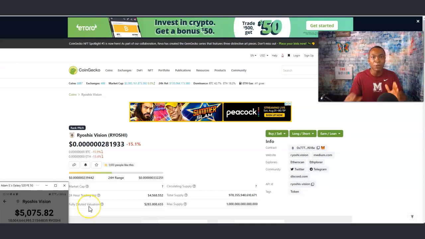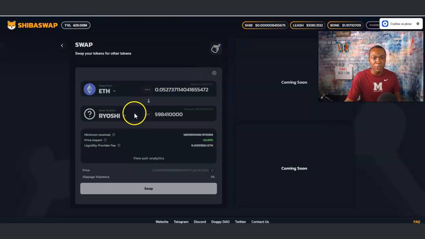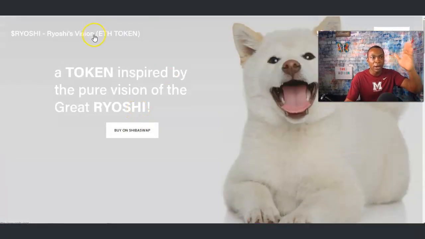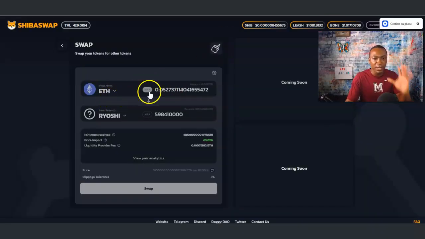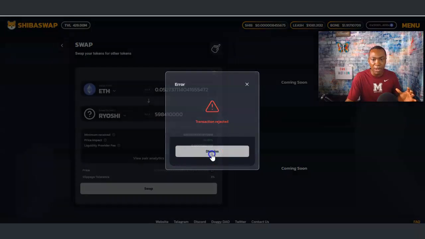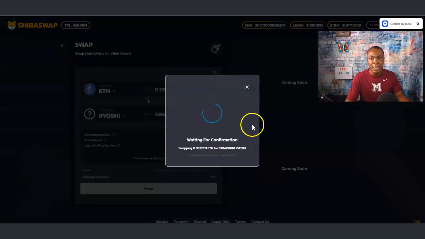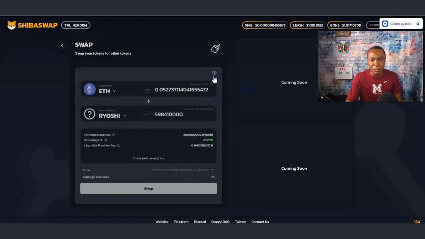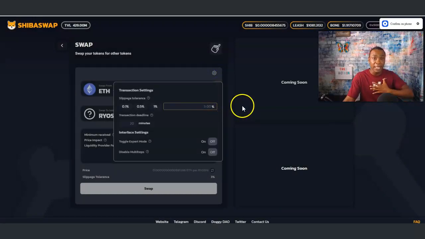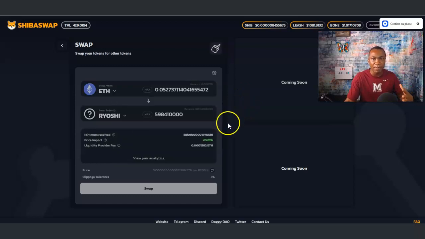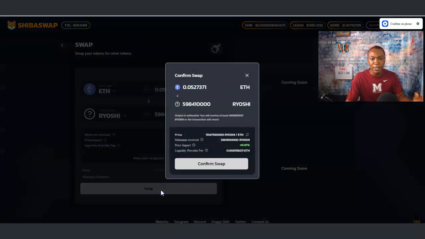Yes, so let me show you how to get Ryoshi Vision, to make sure you're going to the right place. And yes, I'm excited. I just added some more to my position. On Shibaswap, you can get it right on Shibaswap, but if you need help, use the website of Ryoshi.Vision to get there by clicking on Buy Shibaswap, and then from here, it will automatically calculate. But if you're having issues swapping your token, you may need to adjust your slippage. Adjust your slippage to 3%. That's what I did. If you're having issues with any error messages, adjust your slippage to 3%, then swap it,